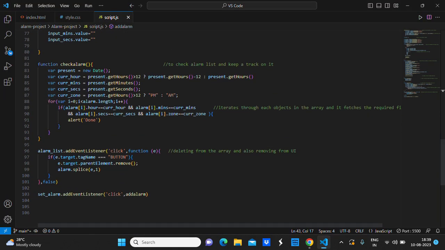Then to check the alarm, what I have done is I've taken all the current values again here, and the time zone also, AM or PM. So what this does is it uses a for loop. It will go to alarm.length, that is our main array, and it will check each and every object inside it. For each object, it will check for the hour. If it's equal to the current hour, it will check if the minute equals the current minute, and seconds and time zone, and so on. And when everything matches,